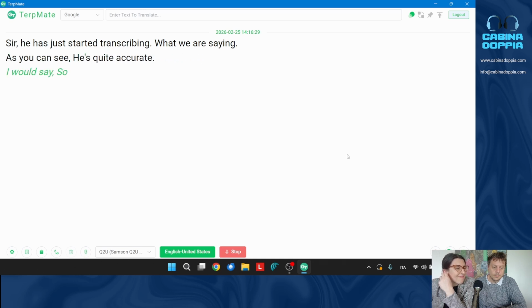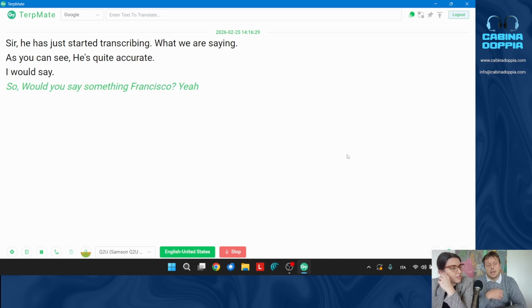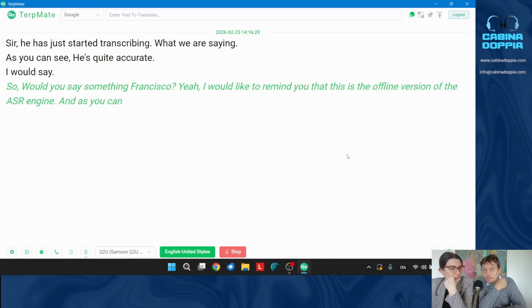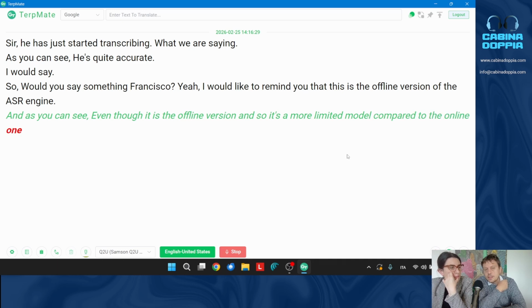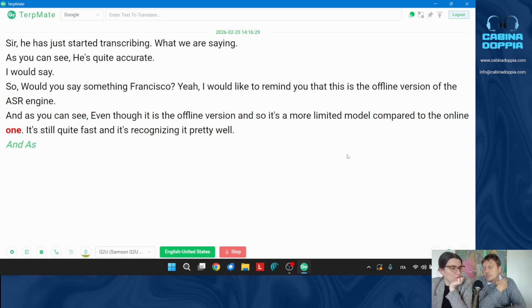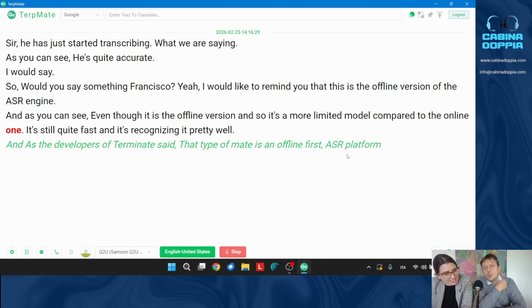Would you say something, Francesco? I would like to remind you that this is the offline version of the ASR engine. And as you can see, even though it is the offline version, and so it's a more limited model compared to the online one, it's still quite fast, and it's recognizing it pretty well. As the developers of Terpmate said, Terpmate is an offline-first ASR platform, so it has privacy in mind